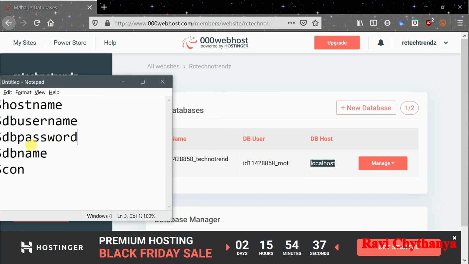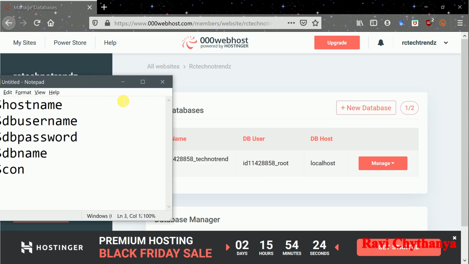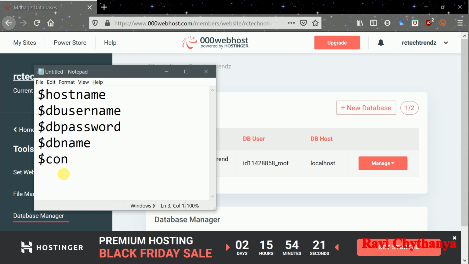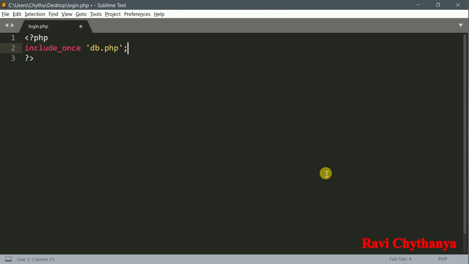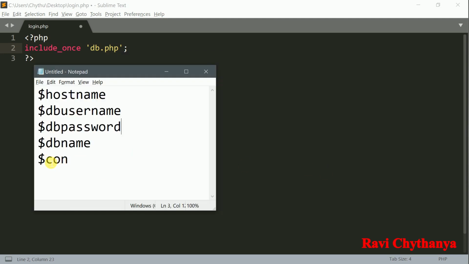And the $dbpassword is the password you have set for your database, and the $dbname is nothing but the db name which we have given for our application's database, and the $con is going to have the connection for this database, which is hosted on the localhost. So this $con is going to be used in my application to execute the SQL